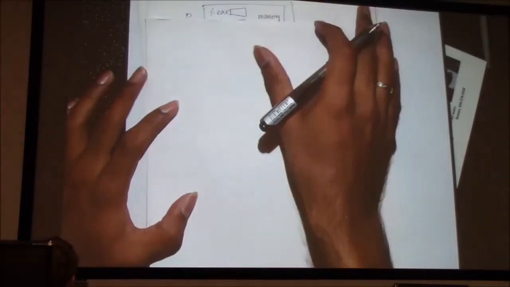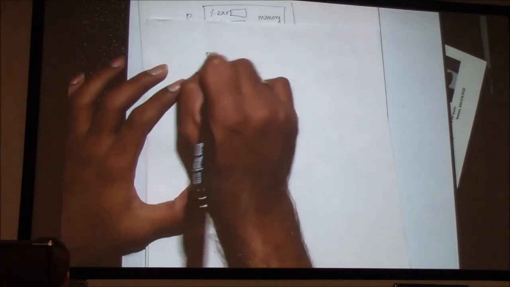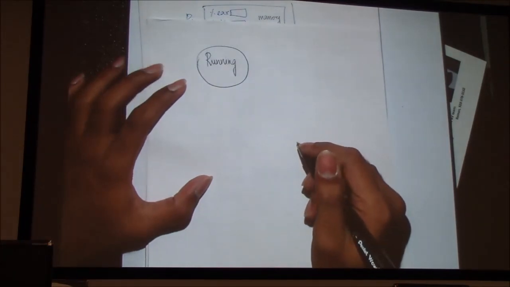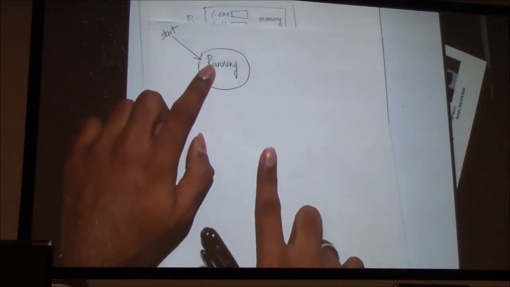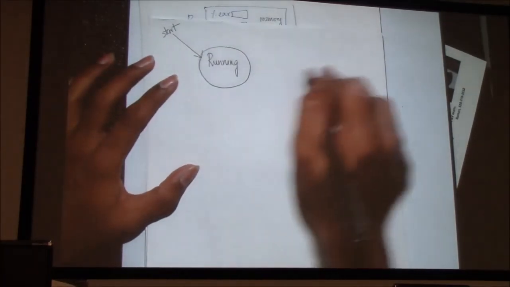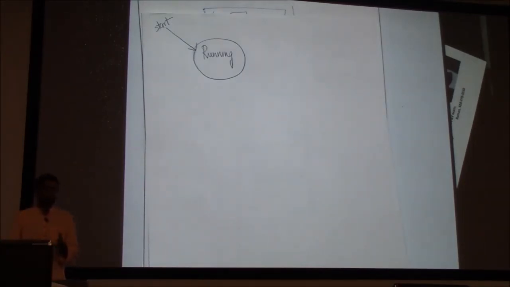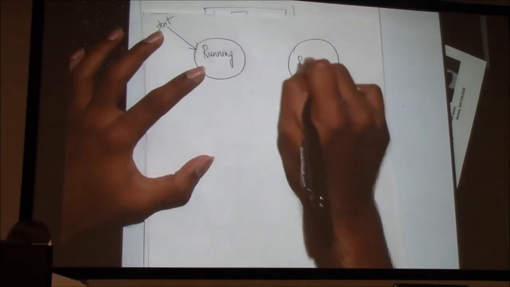Okay. So each and every process can exist in primarily one of these three states. Whenever a process is executing, it is said to be in a state called running. When you start a particular process, immediately it goes to the running state. If it is descheduled, by which we mean the operating system decides to stop that particular process and run a different process on that machine, then it is said to be in a state called ready state,